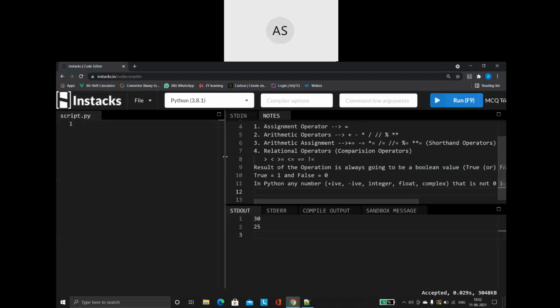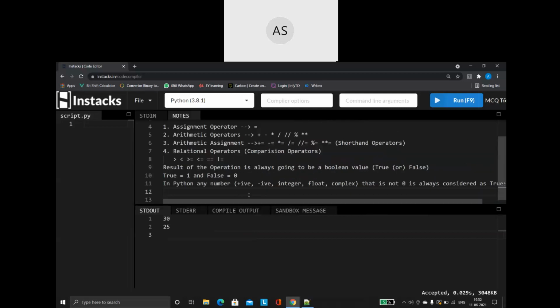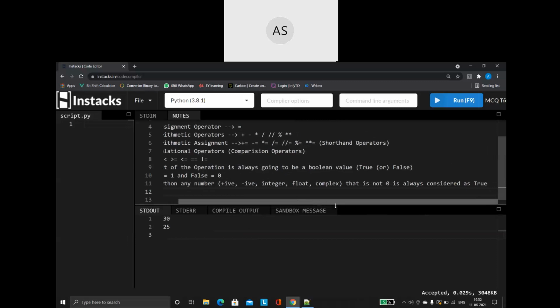So in Python, when you take any number, whether it is a positive number, negative number, integer or floating number, whichever number I'm talking about, if that number is not zero, then it is always considered as true. So what is the other point?